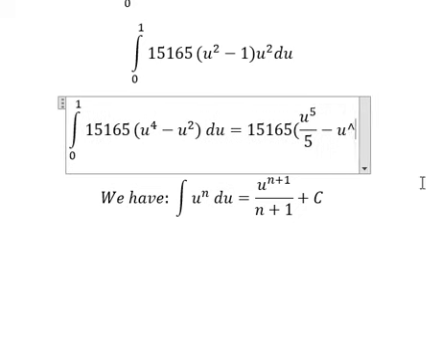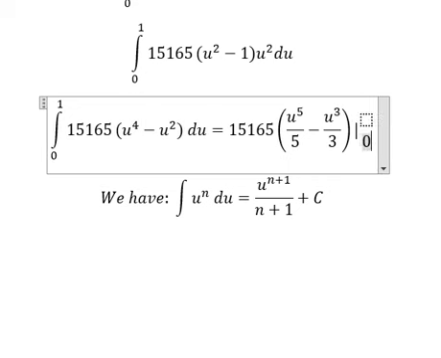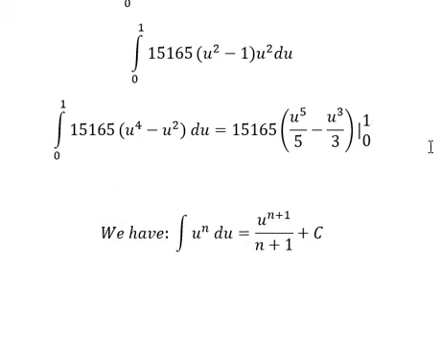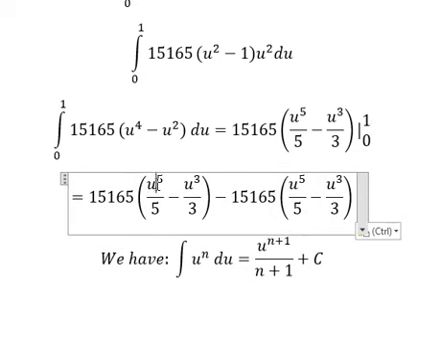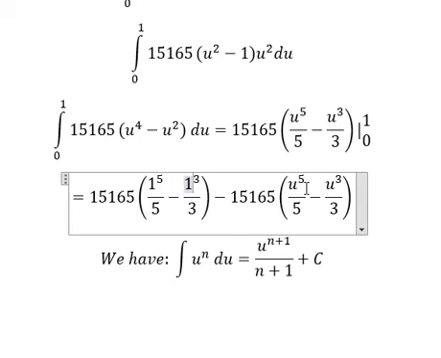Similar for the second one. And then I will put the bounds from 0 to 1. And now we have the final answer. So I will put 1 in here and here. 0 in here and here. So we calculate this one and we have